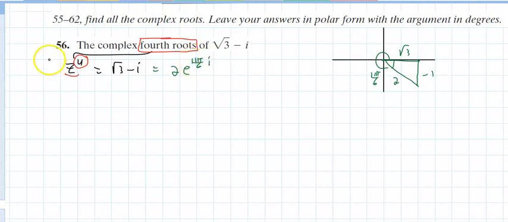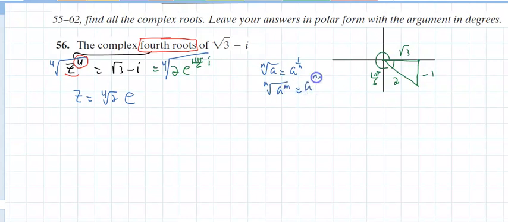Now, if I take the fourth root of both sides, I'll get z to equal the 4th root of 2 times e to the 11 pi over 6 i. And do remember that the nth root of a is a to the 1 over n, or the nth root of a to the m is a to the m over n. So I'm going to raise that to the 1/4 power, and z is going to equal the fourth root of 2 times e, and if I multiply those out, that is 11 pi